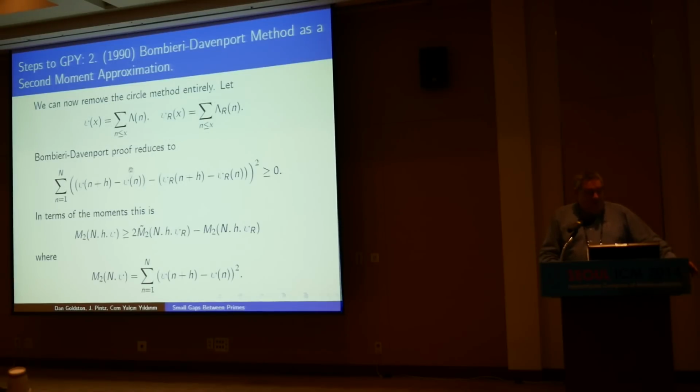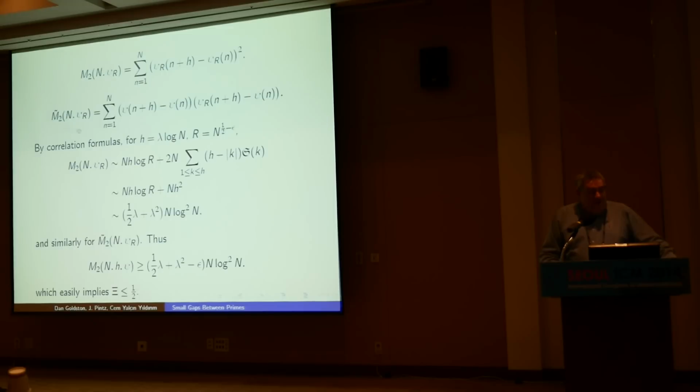You multiply this out, and what you get are moments for the number of primes in the interval. And this turns into the inequality between the moments for primes, for almost primes, and this one here with the tildes where it's a mix of the two, the twisted ones. And then you can work out these moments for the almost primes and the twisted primes, because we have those earlier formulas, and you find these formulas here, and you plug it in, and you get a lower bound for